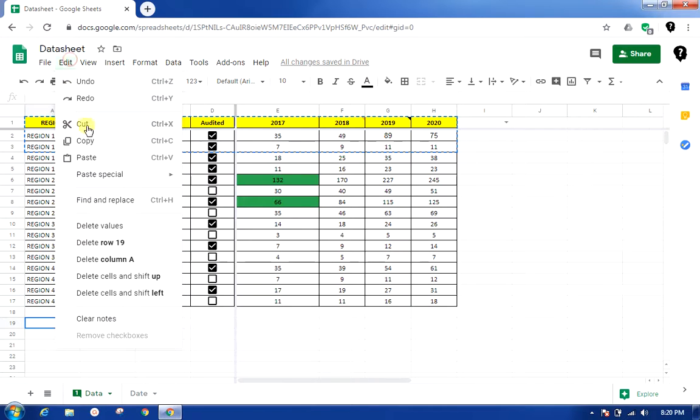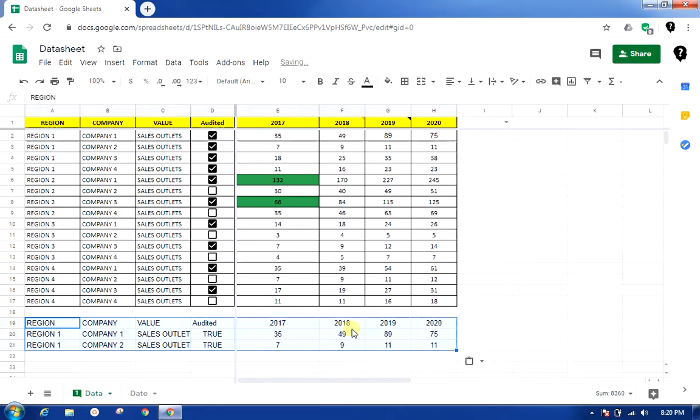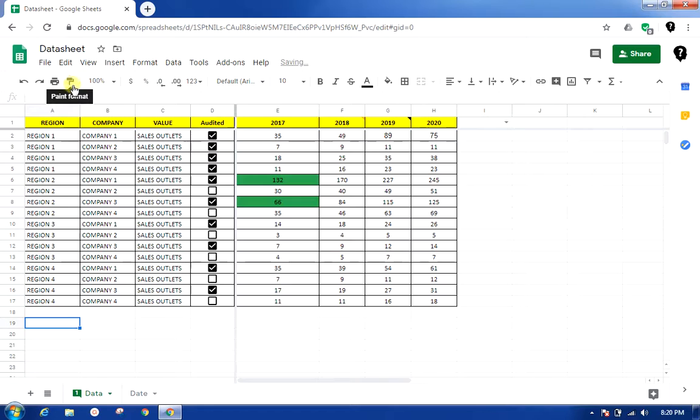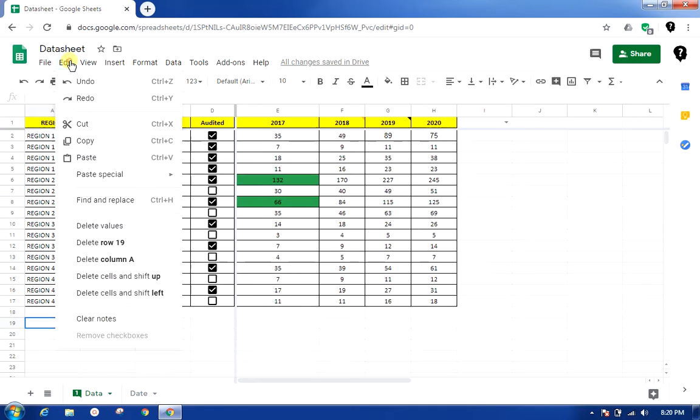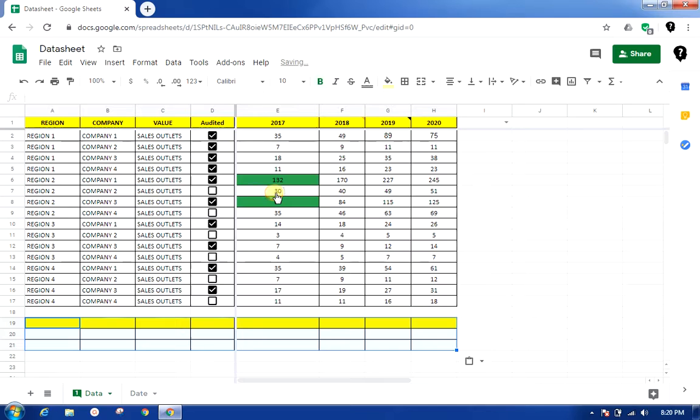Then I will get here. Okay, so let me use first paste values only. So it has only pasted values, removing all the formatting. So using the undo command, I am removing this data. Again, Google retains what you have copied last time onto its clipboard. So let's go ahead with the second option, format only.